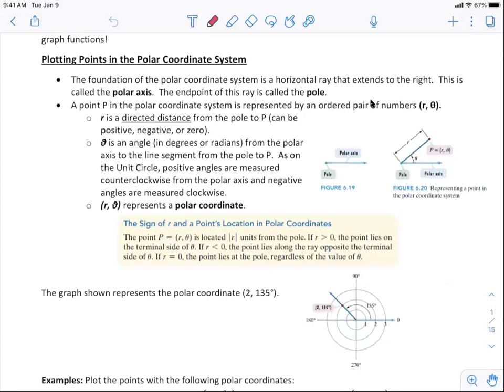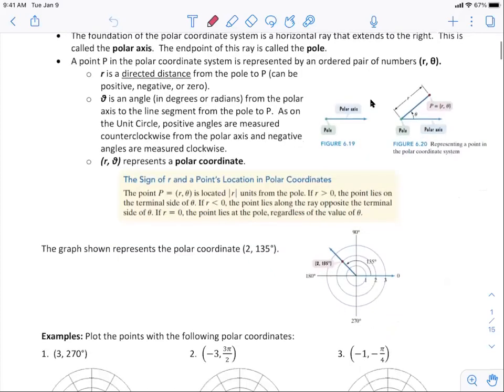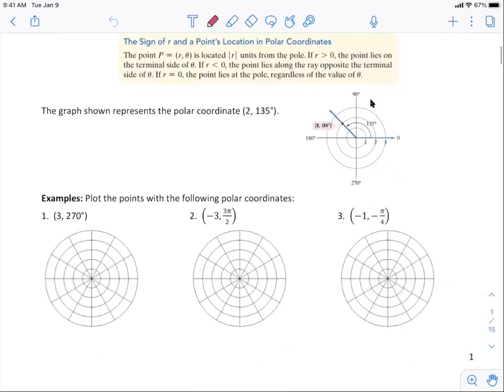Theta is an angle. It can be in either degrees or radians from the polar axis to the line segment from the pole to P. Just like on the unit circle, positive angles are measured counterclockwise and negative angles are measured clockwise. So a polar coordinate of the point P is (r, θ) as opposed to (x, y), which is what we're used to, okay? So if we look at this graph down here at the bottom, the point